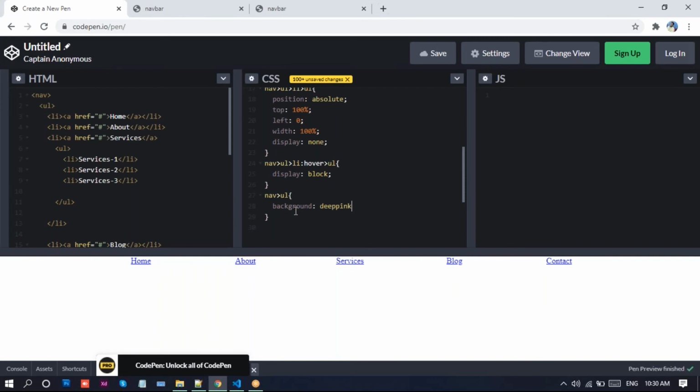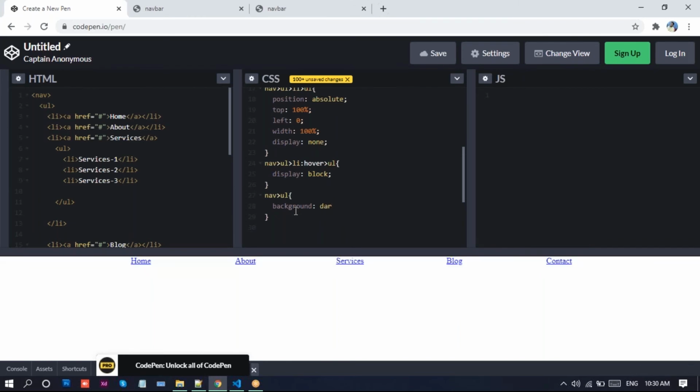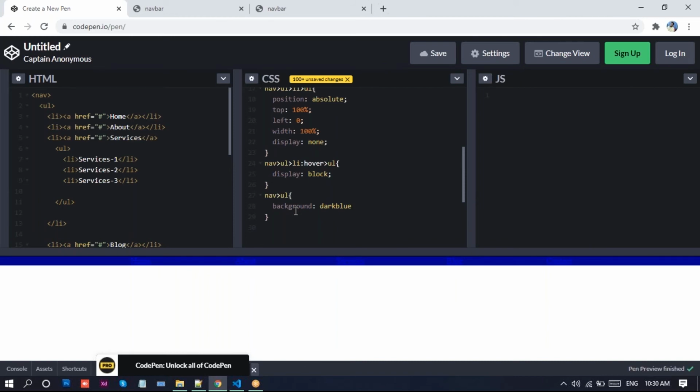Background deep pink, and if you want you can take this deep pink, or else take dark blue. We'll take this dark blue,